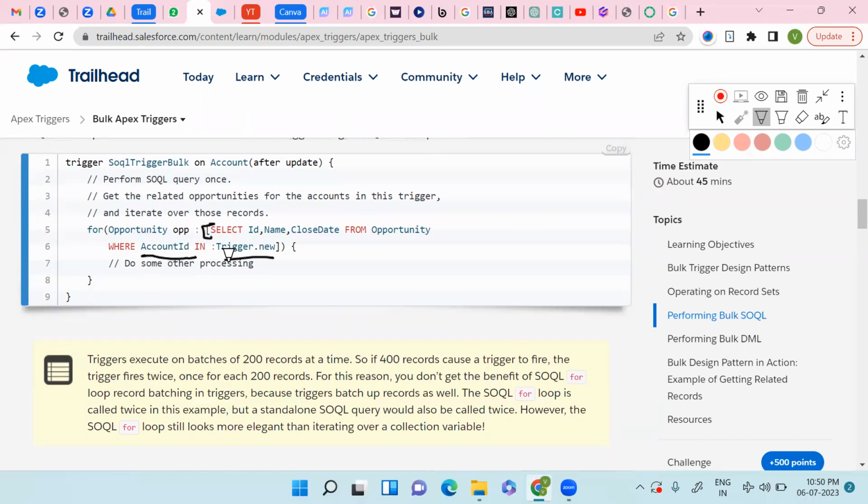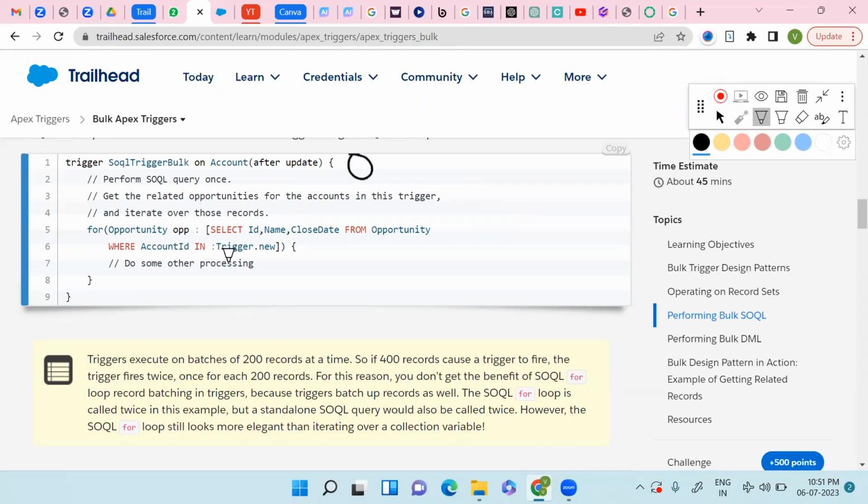it runs in 200 batches. In one batch, 200 records are fetched. So let's suppose there are 10,000 records. If I divide by 200, this for loop will run 100 times, and this query will run 100 times, so it will not give an error. It means you can run this for 10,000 records. So it actually did this. In this manner you can also do the stuff,